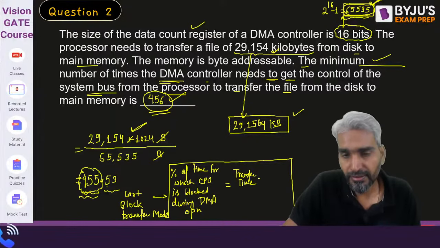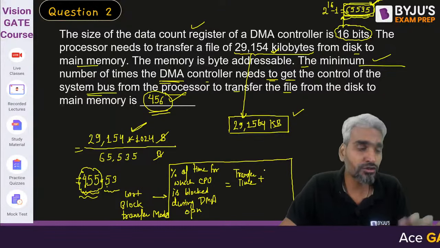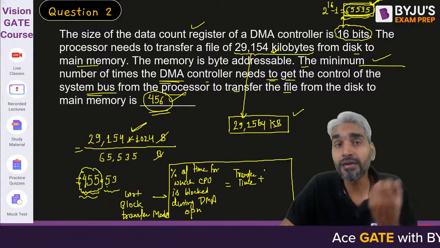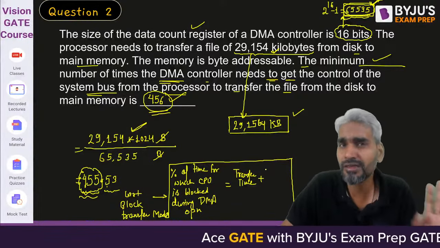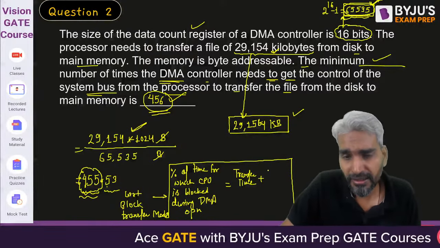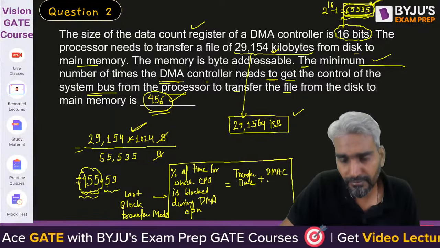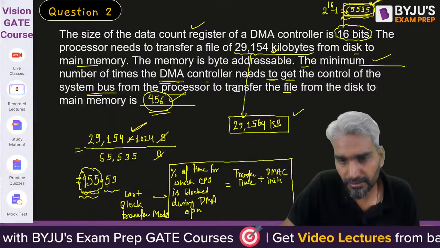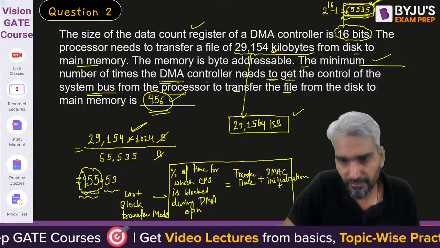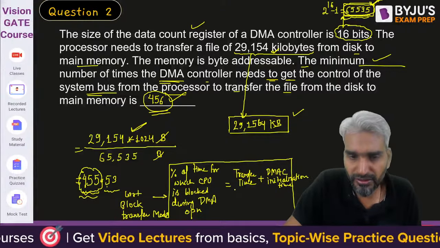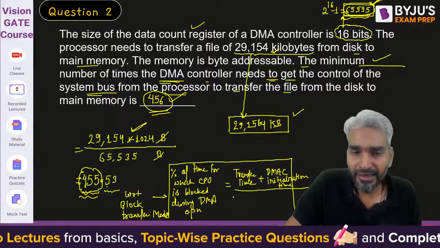Transfer time. Plus, please try to understand, we will initialize the DMA. So if that information is not given, that is, how much time is required to initialize the DMA, we will consider it negligible. But if it is given, then we will consider that also. So plus DMA controller initialization time. So these are the two times when CPU is not performing any useful operation. Divide by transfer time